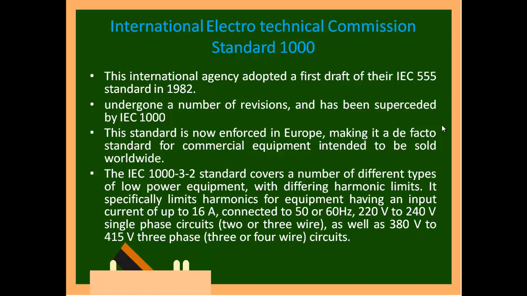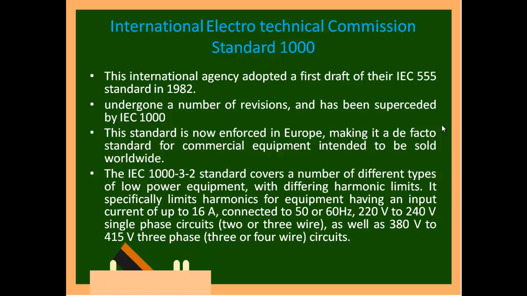We all know that power was generated even in the 1800s. You might think why harmonics were not there at that time, and that is because all of it was only DC, they did not go for AC power. Then they moved to AC power, and again with the coming into picture of the diode rectifier, you had the problem of harmonics. That is why the year is 1982. It has undergone a number of versions, they increased the version and standardized it, and it is now enforced in Europe. Yesterday I told you IEC is for European countries and IEEE is for American and Indian countries.